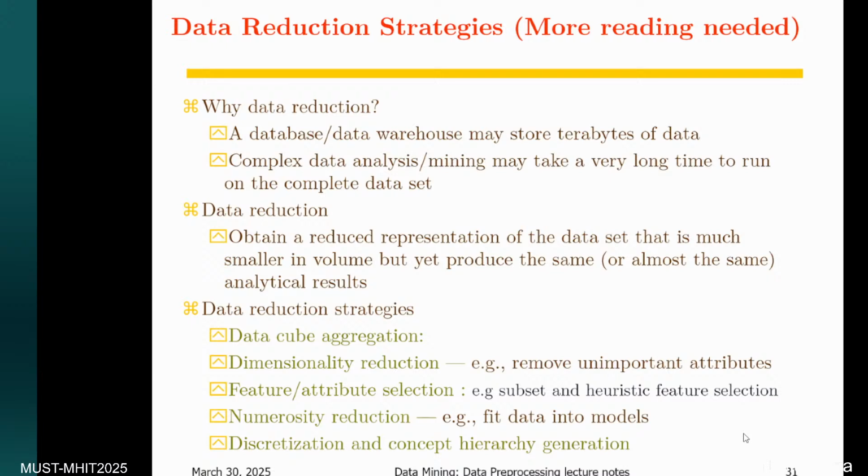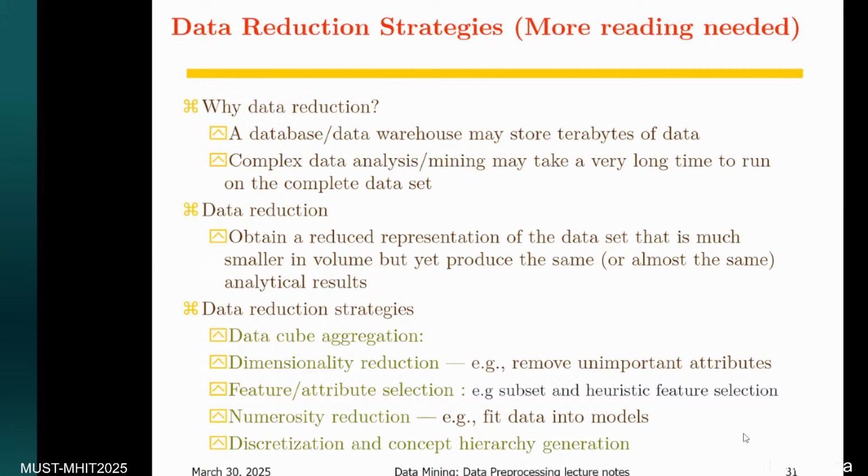Dimensionality reduction: we remove an unimportant attribute. So even if we have 30 attributes, you can decide that some of the other ones might not have an impact. And so the data I'm going to take in for data mining tasks will be reduced to what you're interested in. That is how we reduce the dimensions of the data set in your warehouse. In the warehouse, we essentially talk about dimensions.